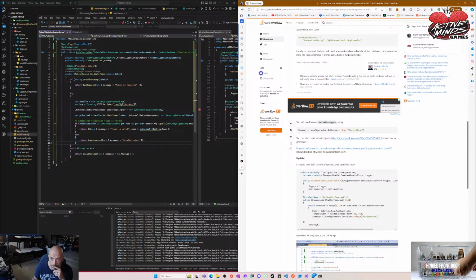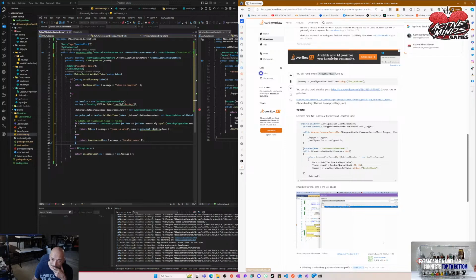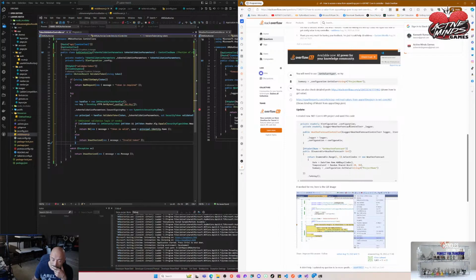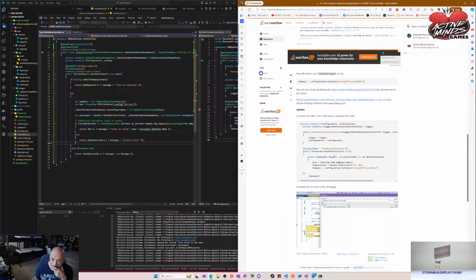Private read only, logger configuration. C equals, he didn't even spell it right. Look at configuration radio. How did this work for him? I don't think that worked for him. Not without changing this radio configure radio to an N. See, he called it config. That's fine, but configuration get value. Project name, which is all fine, but